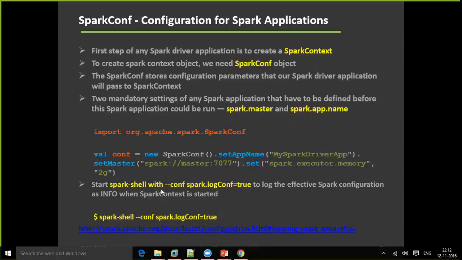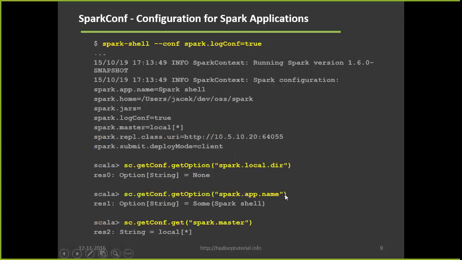Since the log level is not info by default, you will not be able to see them. First, you have to open your Spark shell with log level as info, and then you set this property as well, --conf spark.logConf=true. Then you will be able to see all the configuration properties there. And I'll show you these Spark properties will sometime